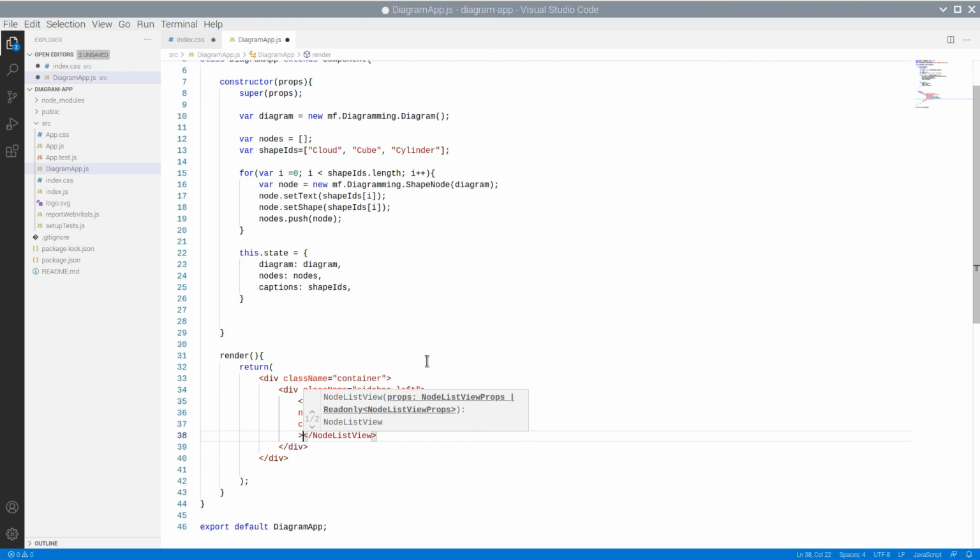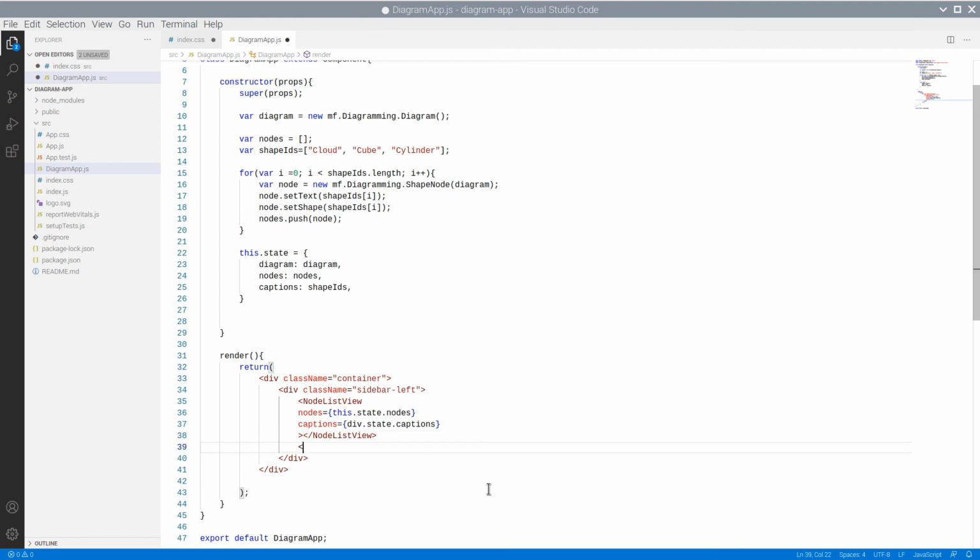The diagram is placed in a DiagramView element. The diagram instance is again taken from the state where we stored it.